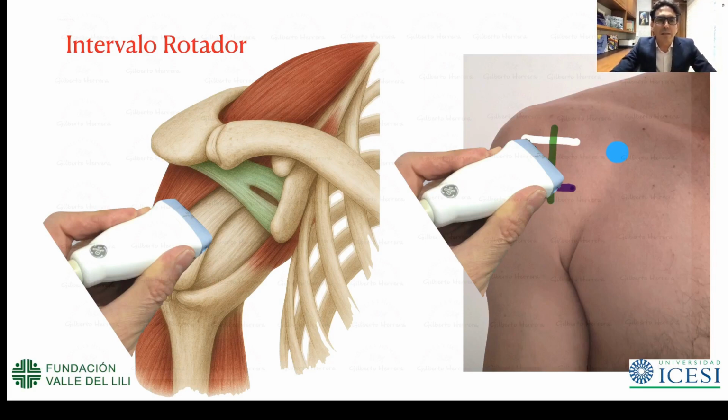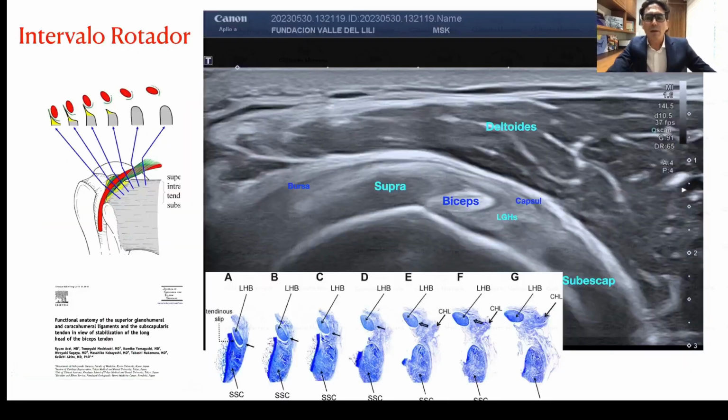So it's practically the same position we already studied for the coracoacromial ligament, except that we're going to move a little more laterally, and then we'll be able to get this image, which is always a constant when we're studying it. I want to highlight here that these images, so rich in definition and detail, are supported by literature that